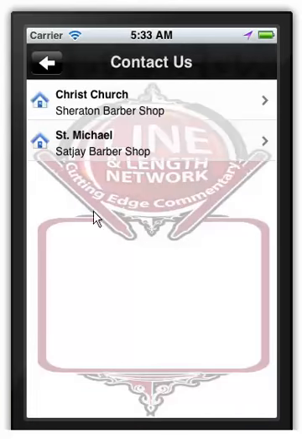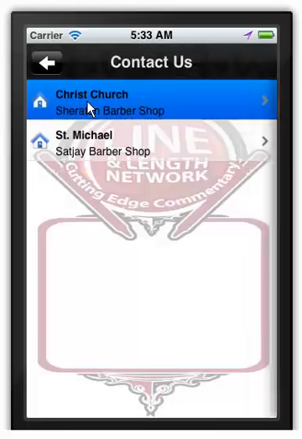The last one, contact us. This is basically another for the barbershops. But if you have any other corporate information, we can also add it here. It's sorted and grouped by the parish. I did it that way. That's basically city within the coding. But this is Christchurch and St. Michael. And what you have when you go into each location, because these are just the two locations for each barbershop,